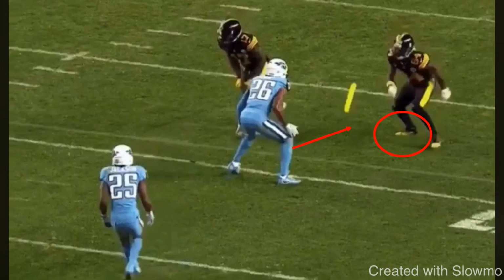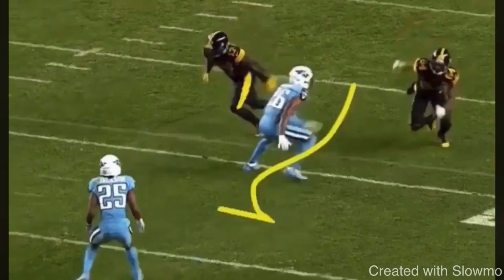This is a 2-man look, because as you can see, this DB's over the top here, playing in this Cover 2, and then this DB's here, man-to-man. How we can tell it's man-to-man is because his eyes are on Antonio Brown. So it's probably a 2-man look. Now, he comes off this line. He knows he's got to get into this route. What does he do to get...